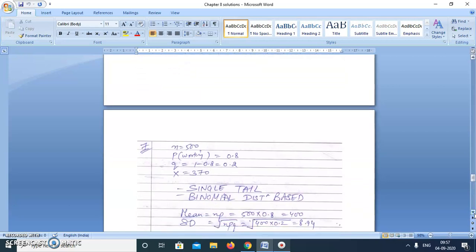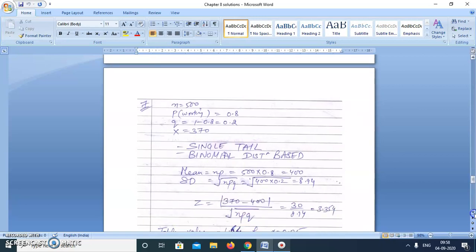Now the next question, question number 7. The expected performance of a group of machines is that they should operate for 80% of the available time. Working time is 80%, 20% is for maintenance and setting up. It is believed that one machine of the group is not achieving this target. The machine was observed at 500 random instants of time and was found to be working on 370 occasions. So n is 500. It is a large sample question.